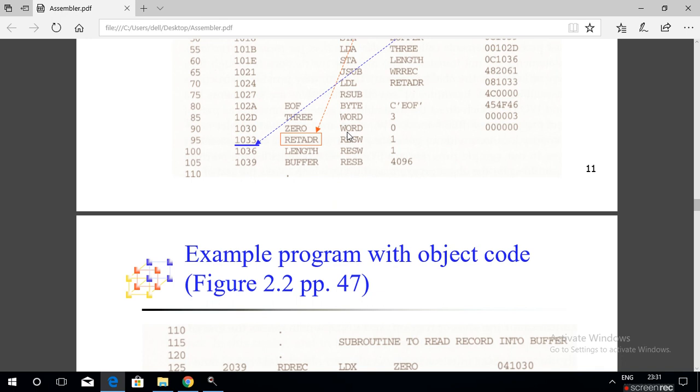WORD is a directive. So one word of memory will be reserved, and the integer value 0 will be assigned. Here also one word of memory will be reserved, and the value 3 will be allocated. One byte of memory will be allocated, and the value EOF will be assigned like this.